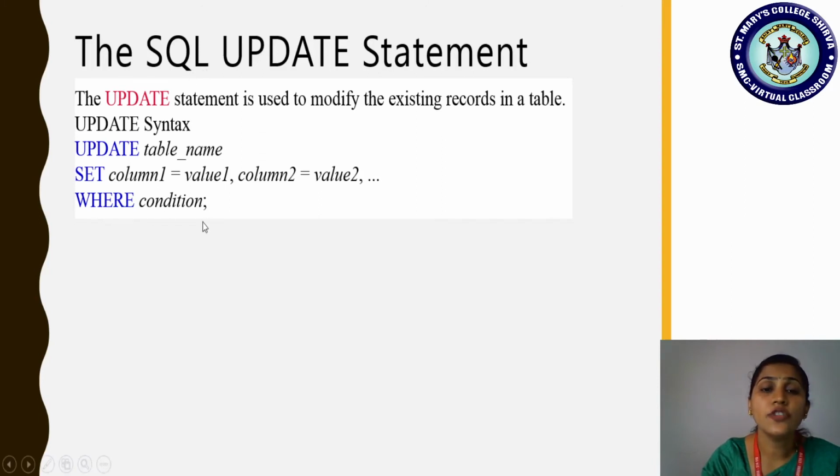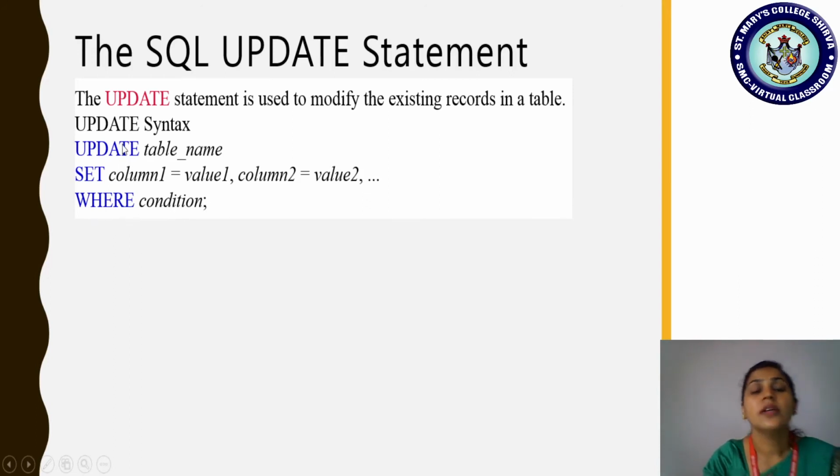Where condition. What is the condition? For which row does this new information have to be updated? Where customer ID equal to 1. That is the condition. So like this we can make use of the update statement: update customers, set customer name equal to Anil, contact name equal to Pandey, where customer ID equal to 1.